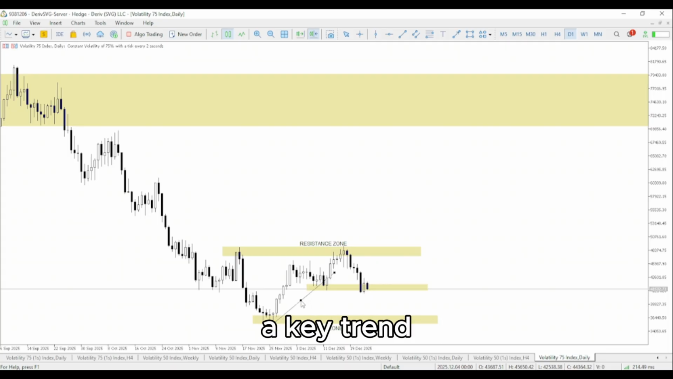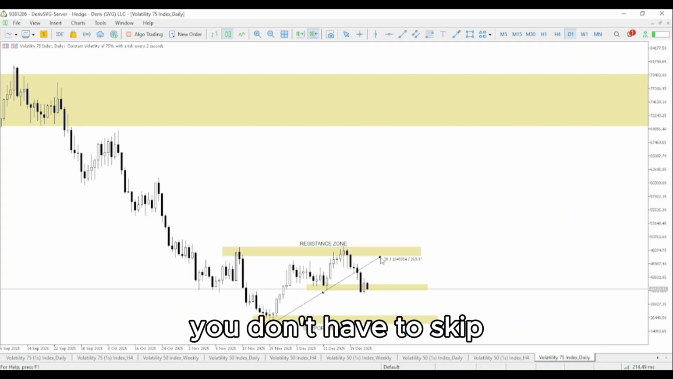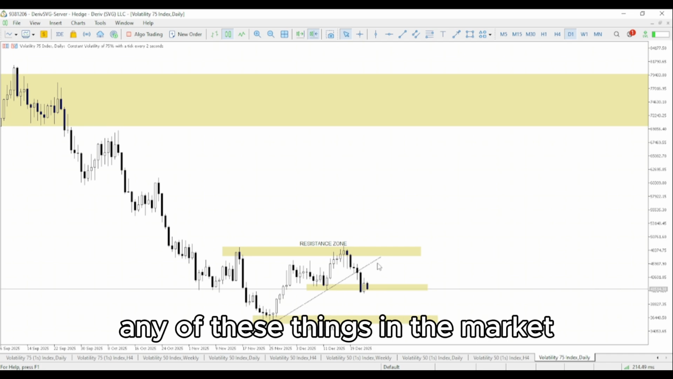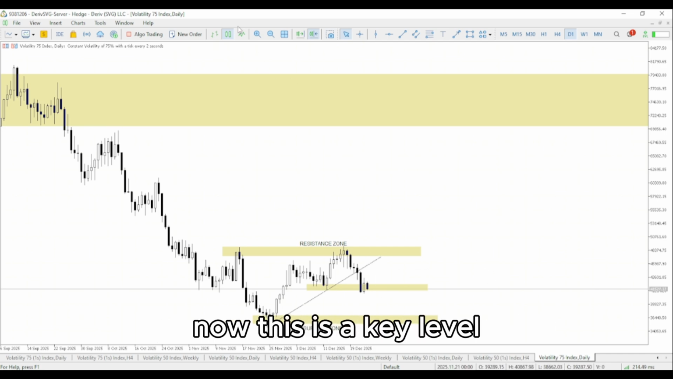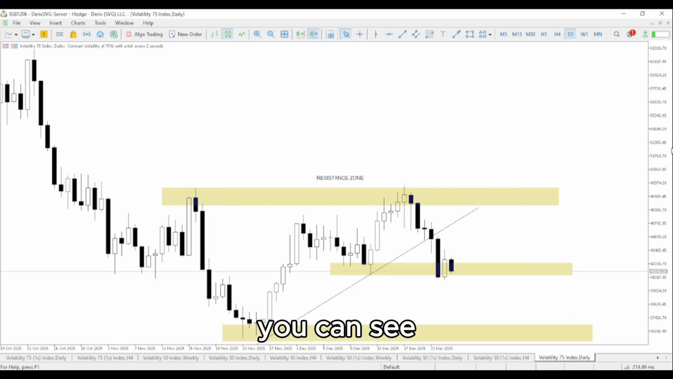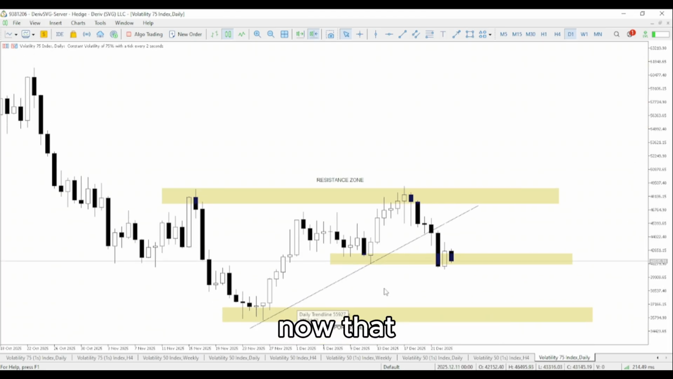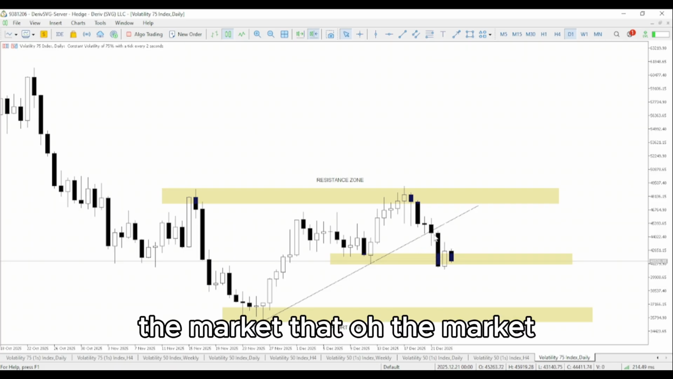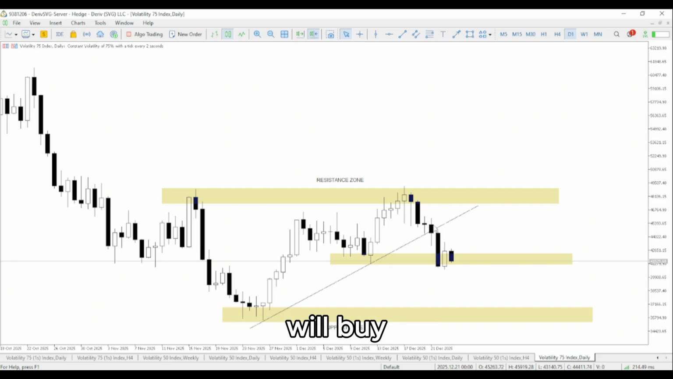Now let me show you a key trend line in this place, because you don't have to skip any of these things in the market while analyzing your trades. Now this is a key level. This is a key level in this place right now. You can see it very clearly that where price approaches this level, some people will be estimating, predicting the market, that the market will reject from here and buy back